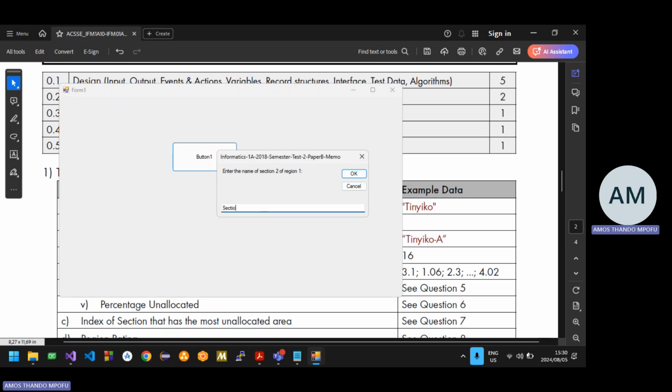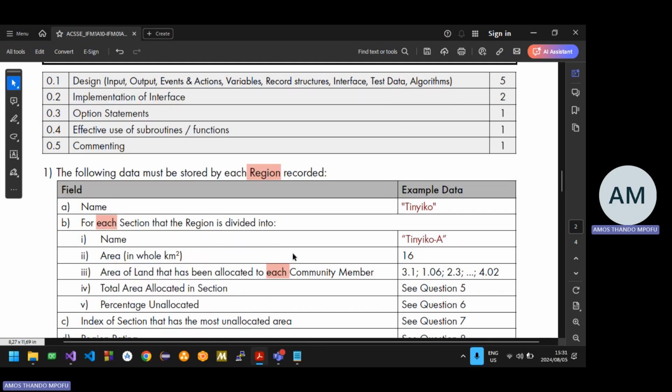Name of section 2, region 1. I'll just call it the way it is, section 2, region 1. And then area for section 2 of region 1. Just any big number. Enter the number of community members. So let's say 3. And then 9, comma 300, not dot, comma 34, 200, comma this. And then everything works perfectly fine, didn't crash. Just that